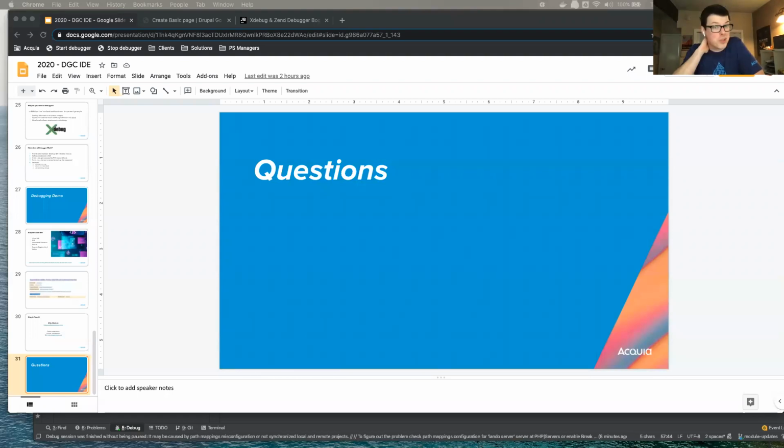I've worked in PHP Storm for like 4.5 years now. So, diving into something else would likely take me a little bit of effort. But at the end of the day, download one. It's going to help you get ready for Drupal 8 and Drupal 9 if you're not there yet.